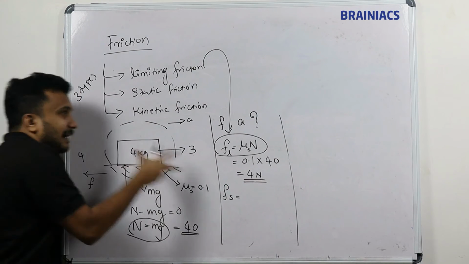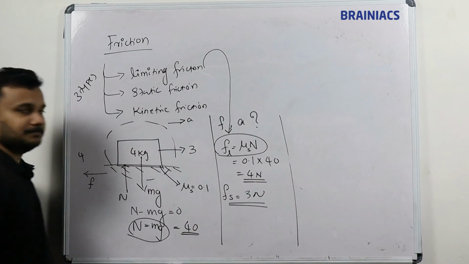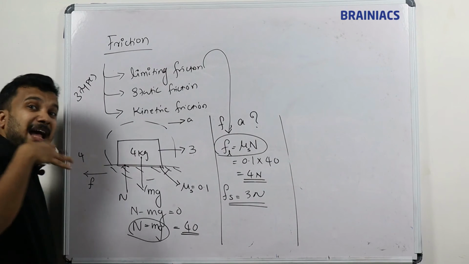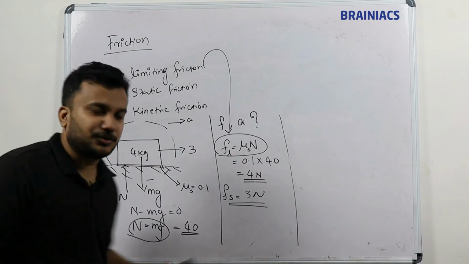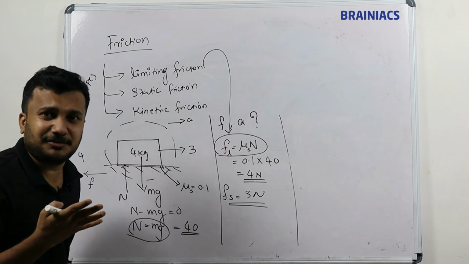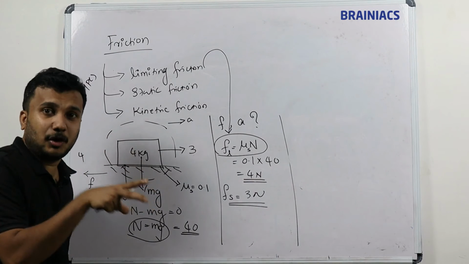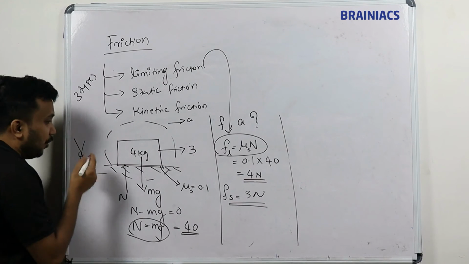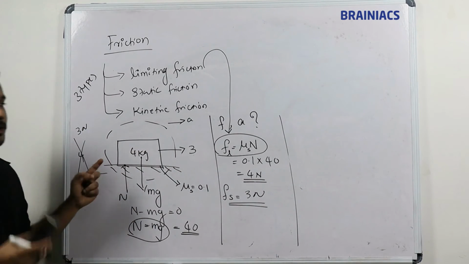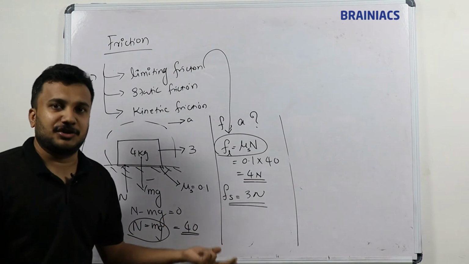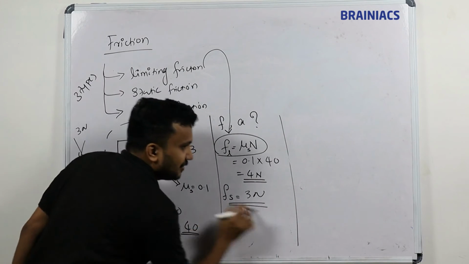So actually static friction is equal to the applied force value, 3 Newton. Because 4 is the maximum friction the surface can offer. The surface can give a maximum of 4 Newton, but here the surface does not want to give an extra 4 Newton. It would be a waste, right? To keep the block at rest, instead of 4, how much is required? Only 3 Newton is required, because right side 3, left side 3. So total force equals 0, acceleration equals 0. Why should I waste an extra 1 Newton? It is not required, right? So this 3 Newton is called static friction.